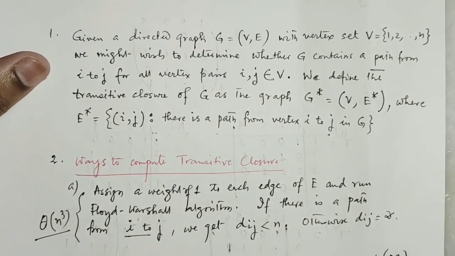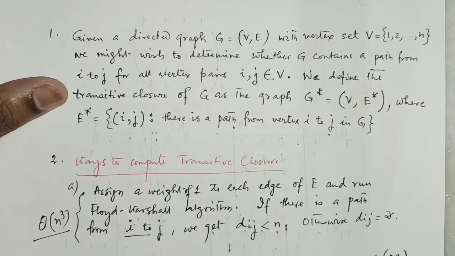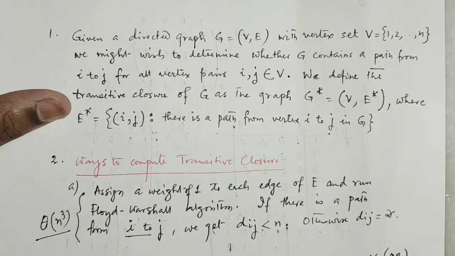The second approach says, this is a similar way to compute the transitive closure of the graph G in the same timing, that means in big theta of n cube timing. That can save time and space in practice. But how is it possible? This method, that means the second method.